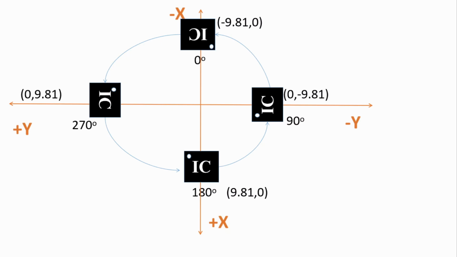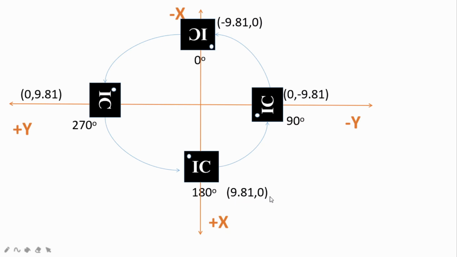Now let's understand how to measure orientation in XY plane. If we look at the results obtained in testing of orientation measurement, the IC was initially at this position and orientation at this position was 180 degrees. And acceleration in x and y axis are 9.81 and 0 respectively. But if we move this IC in anti-clockwise direction by 90 degrees, acceleration in x and y axis will change to 0 and minus 9.81 respectively. So throughout this circle, acceleration in x and y axis will vary from minus 9.81 to plus 9.81.